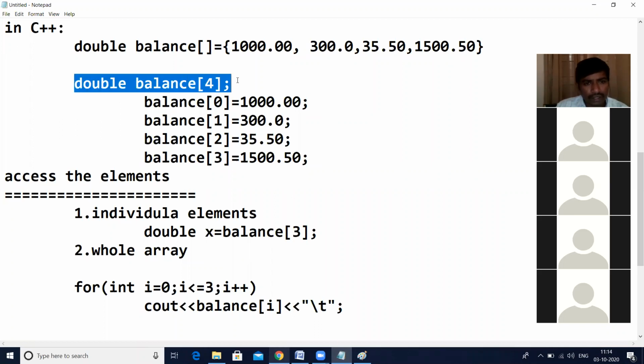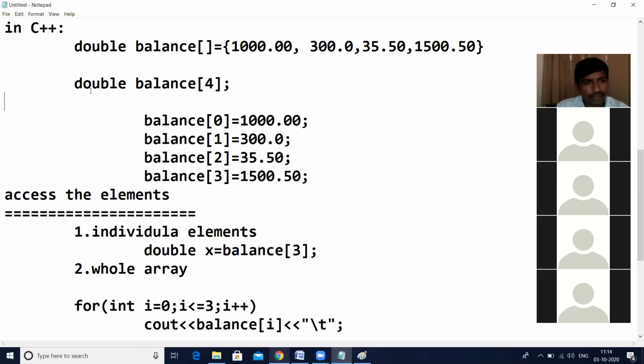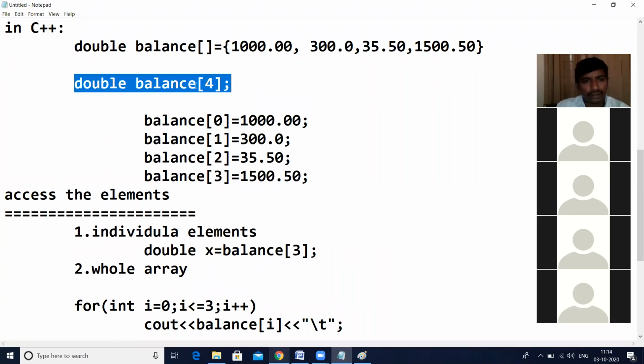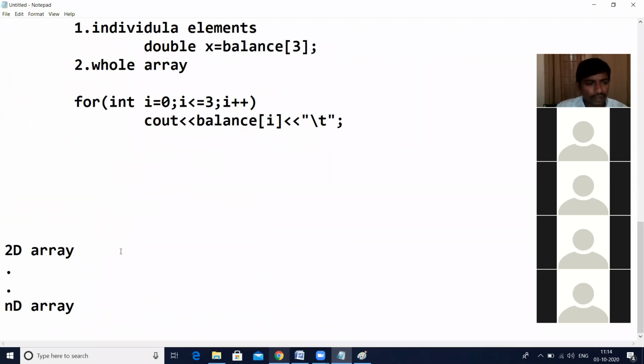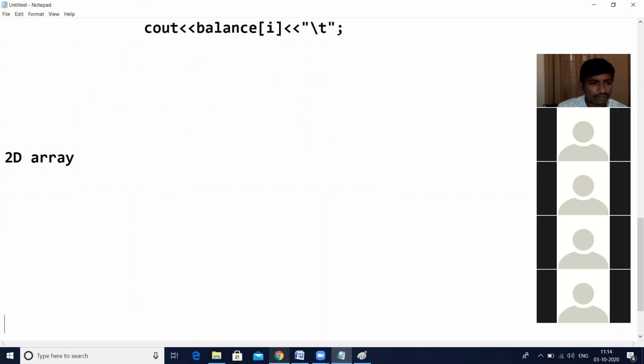See, while declaring this way, declaring and initializing are done in two lines. The first line we wrote here is the declaration. While declaring, we give the size, the number of elements, 4, that is the size. But while initializing or accessing the elements, we go from 0 to size minus 1. The size is 4, 4 minus 1 is 3. That is 0 to size minus 1. Those indices we take like this. So remember the size and indices of the one-dimensional array. Then we go for the two-dimensional arrays.